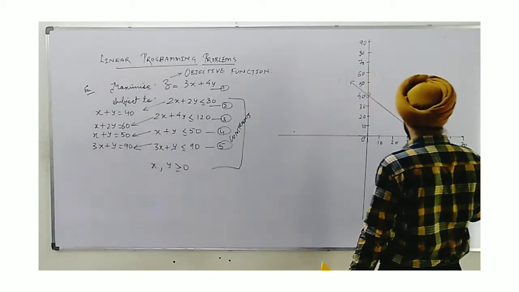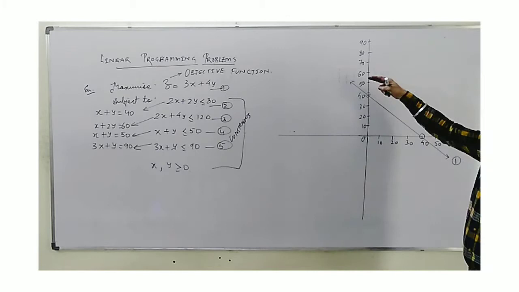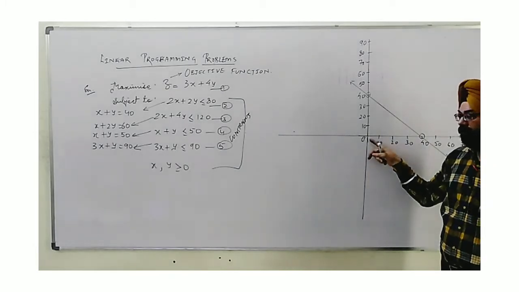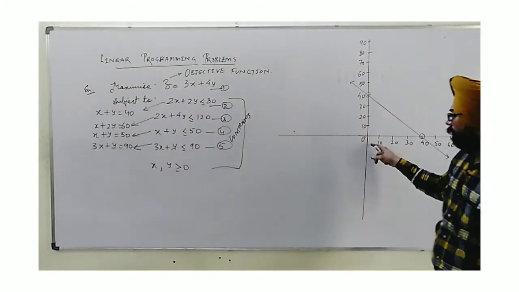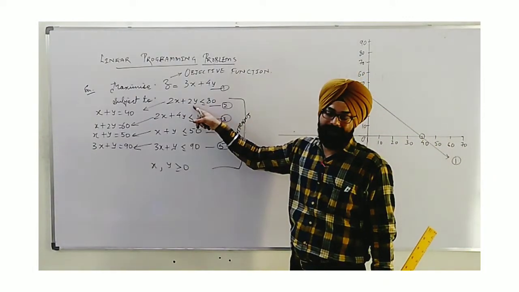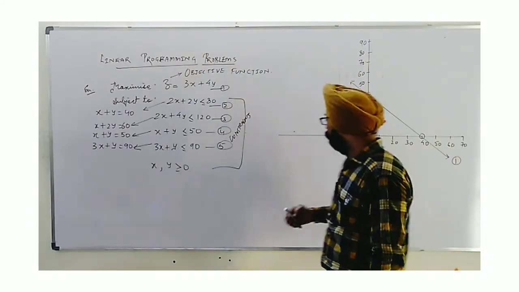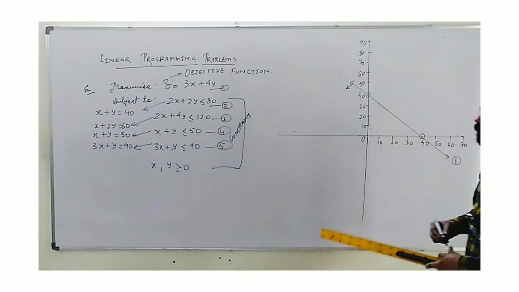The simple thing we need to write here is 1, and the shading part should also be seen now. How? As this has divided the plane into two regions, we will pick, in general, 0, 0. This is the most convenient point for calculation. If I take 0, 0 in place of x and y in the corresponding inequation, 0 is less than 80, which is true. So mark an arrow to show we need to go towards the origin.